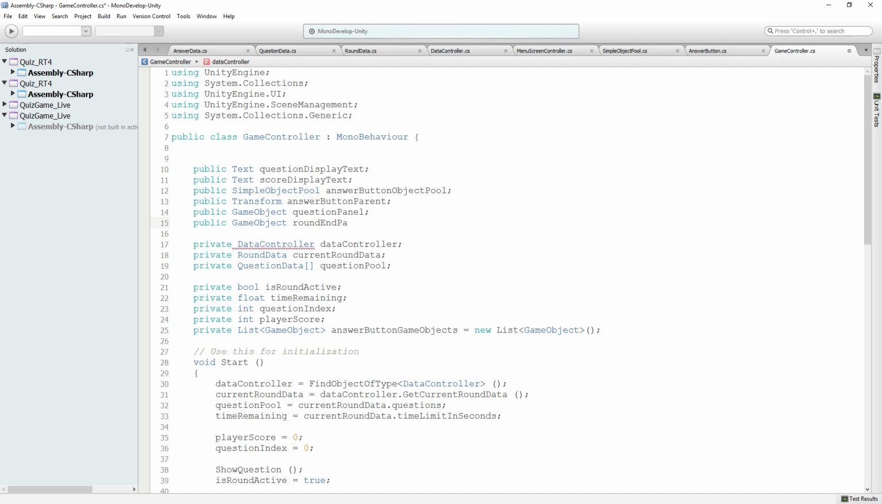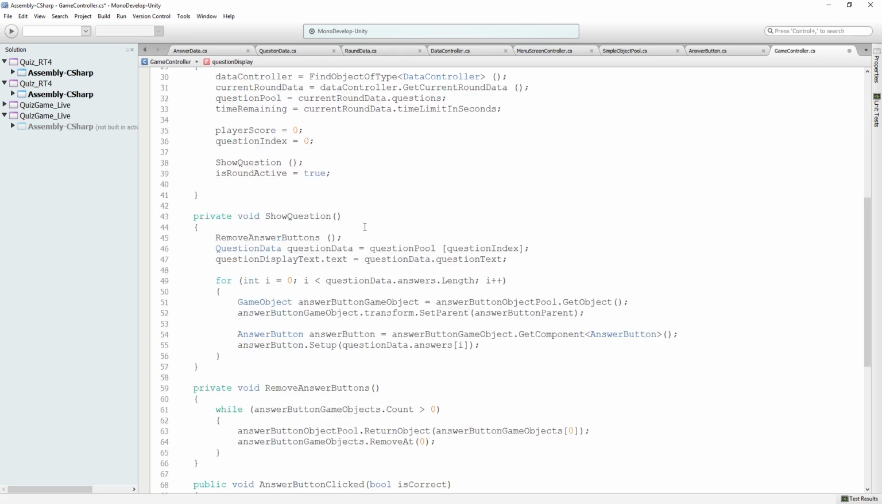What did I call them in my notes? Let's use the same names. This is going to be round end display and question display. Let me not just freestyle my variable names here. Okay, so we're going to have